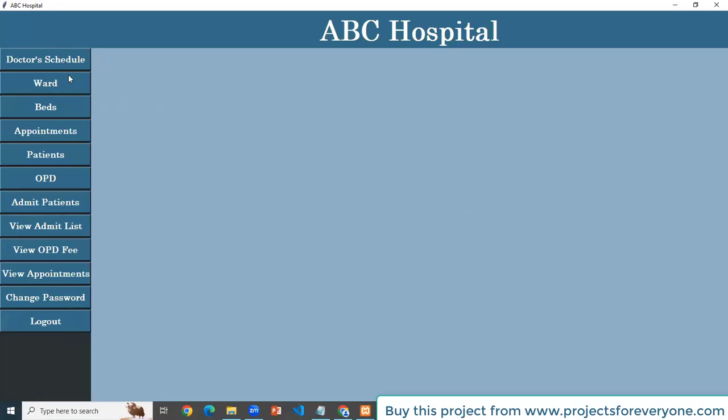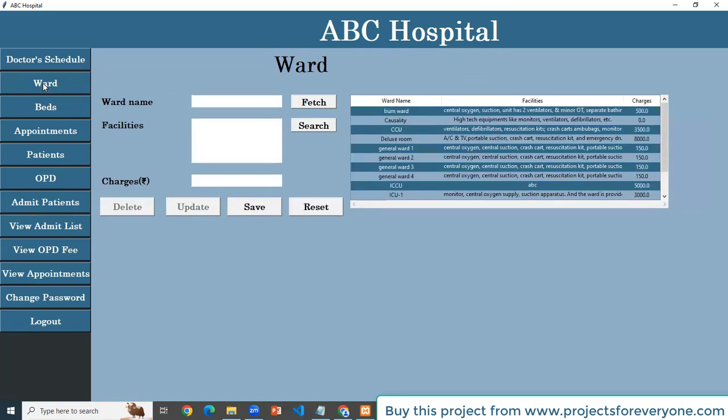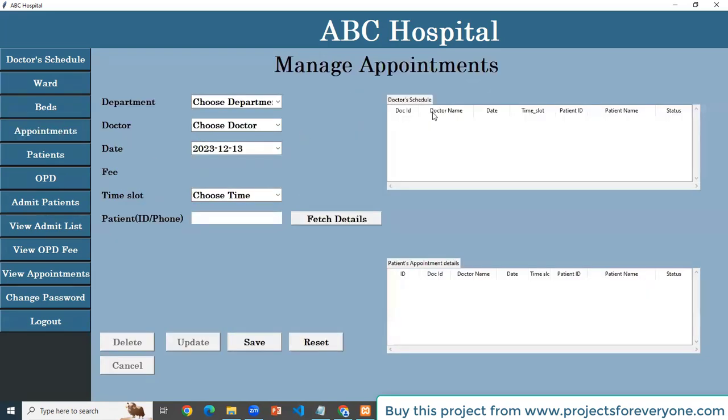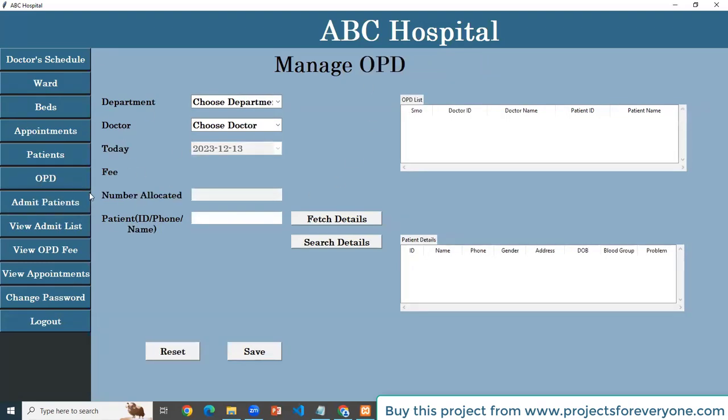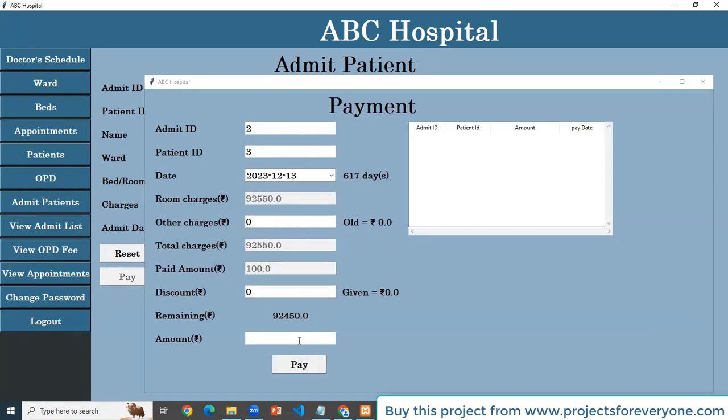Now we are logging in with the receptionist user. Now he has different options. Now we can also discharge a patient.